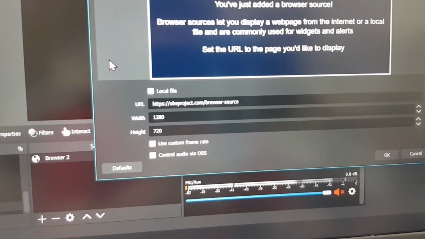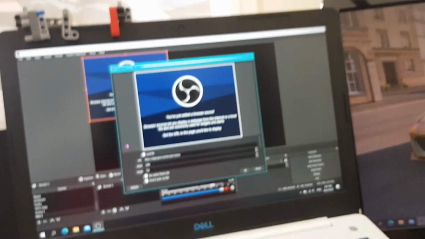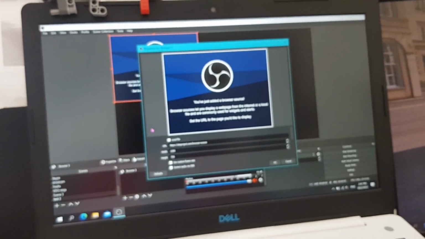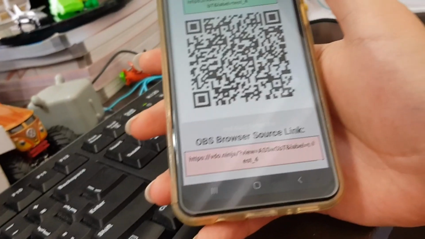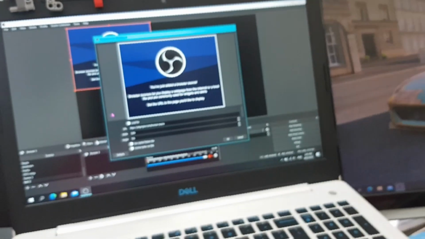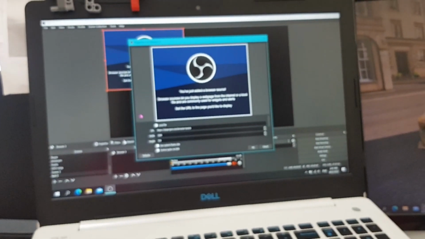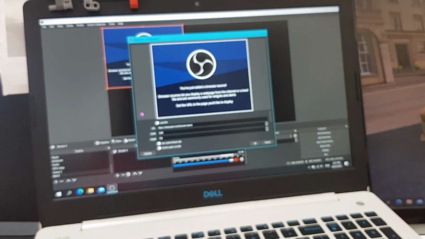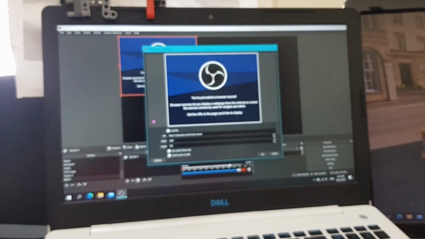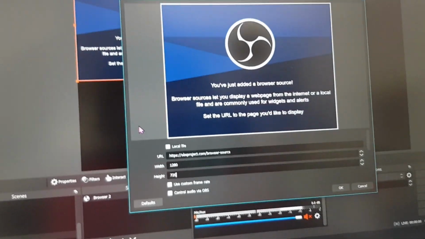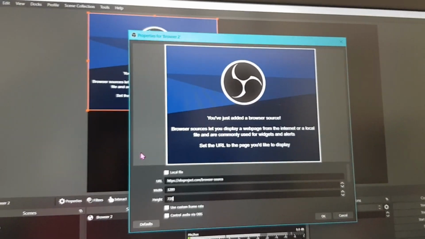However, how do we get from your phone to the church PC? This is because the church PC is a laptop connected via Ethernet. So, what you want to do now is,